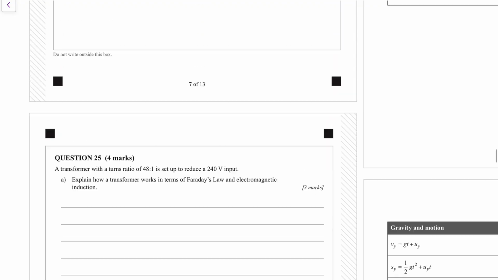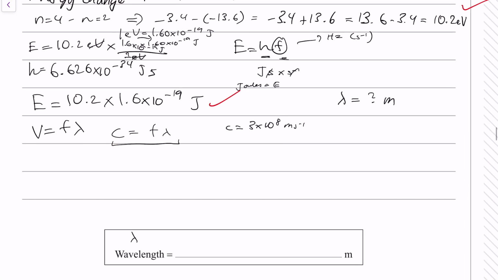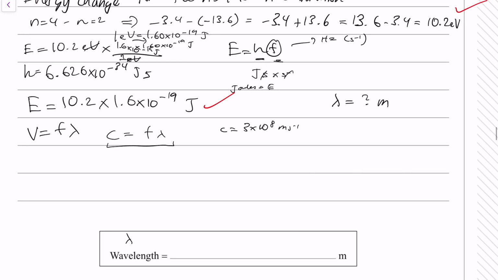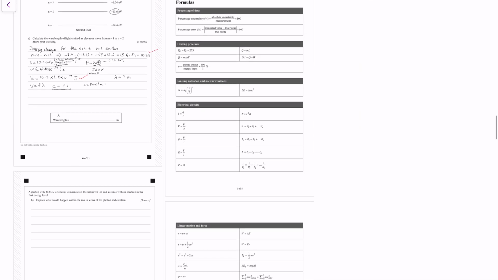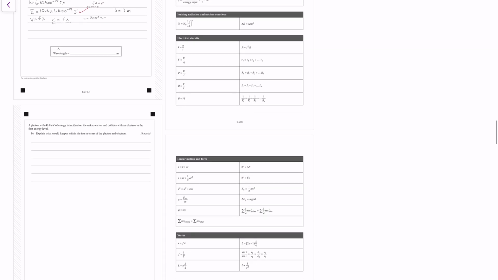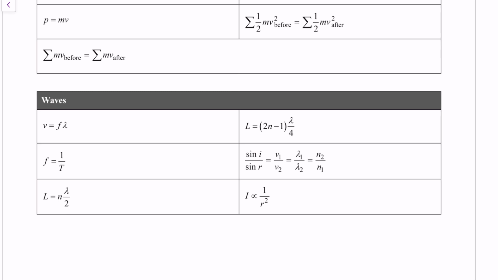Okay. I don't know why they put it there, and I don't know why we don't use them, but that's my best guess. Right? So we'll have to resort to using year 11 formulas, okay? So the year 11 formulas we really need to use, I think, are this one, and that's really it. Okay, you won't be working with sine, okay? In terms of the waves, you won't be working with